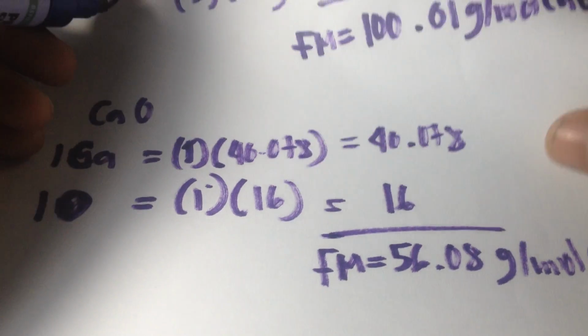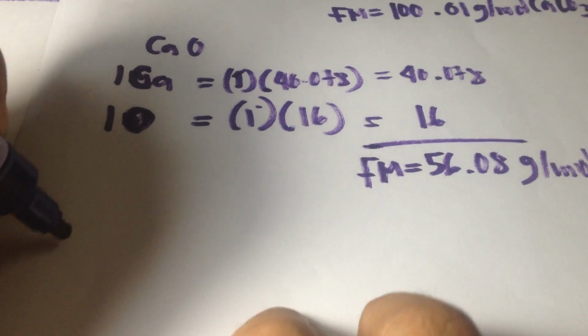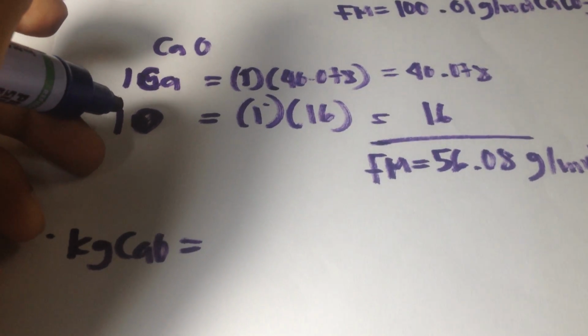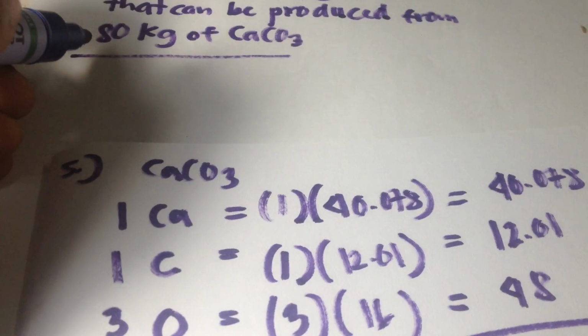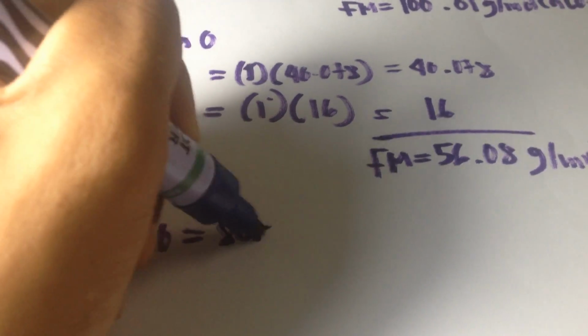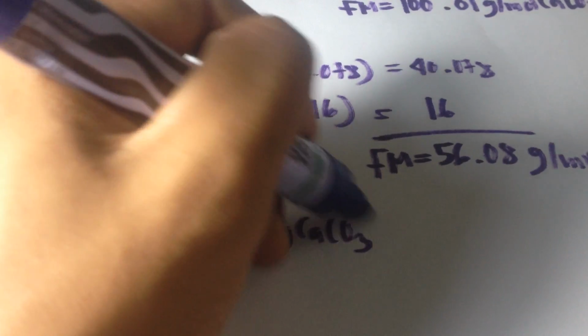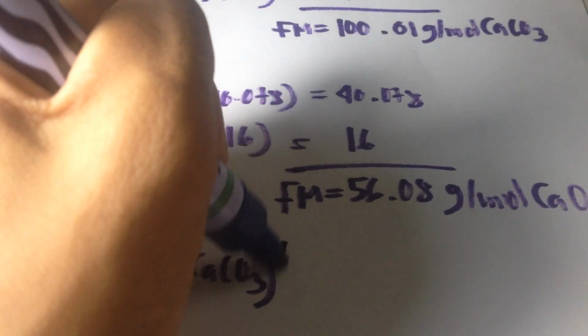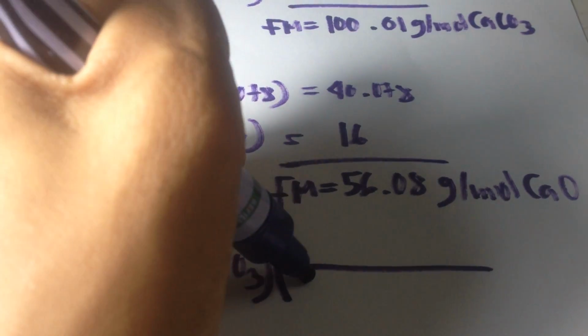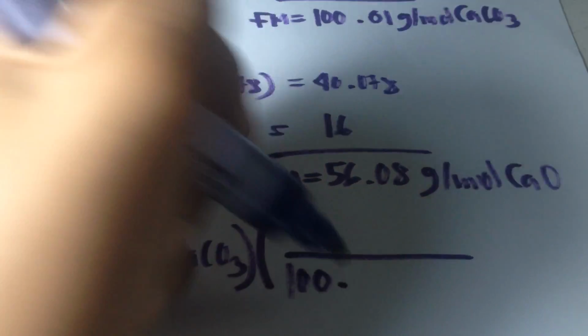So we need to find the kilograms of calcium oxide. So the mass in kilogram of calcium oxide is equals to, we have 80 kilogram here, so 80 kilogram of calcium carbonate times the molecular weight, which is 100.01 kilogram of calcium carbonate,